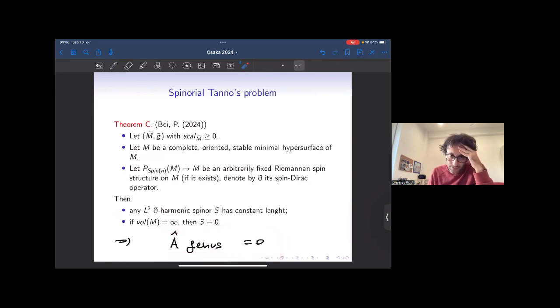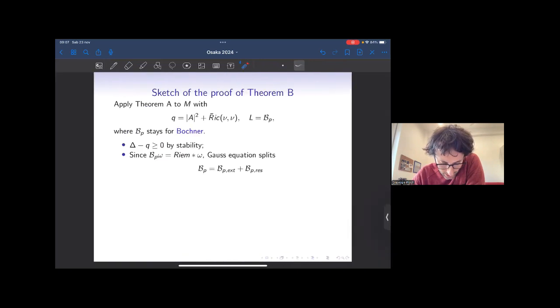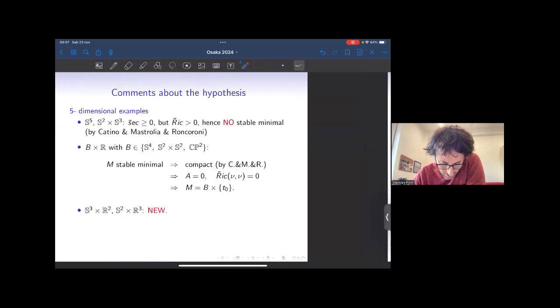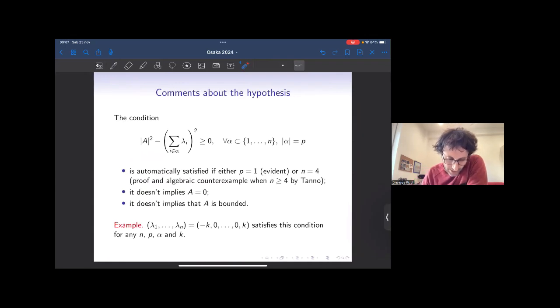Okay, thank you. And I have one more question. Yes, please. I'm interested in your hypothesis about the second fundamental form A. Do you have any non-trivial example satisfying that hypothesis? Okay. This condition, of course, is algebraic. Then, if there is a hypersurface with exactly this second fundamental form, it's another factor. Thanks for the question, because